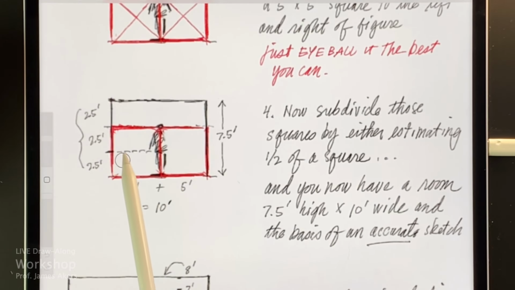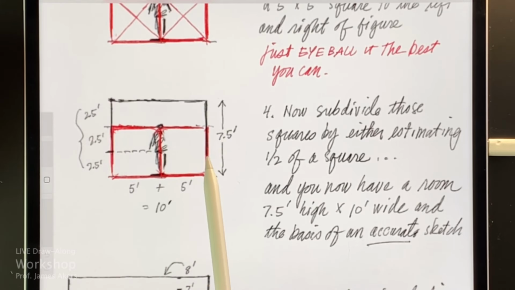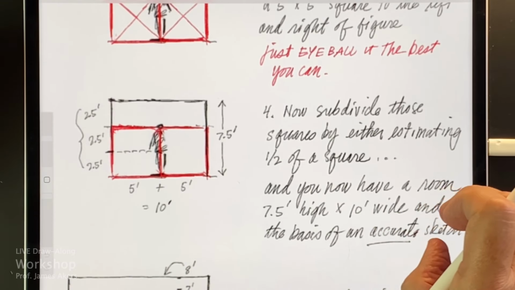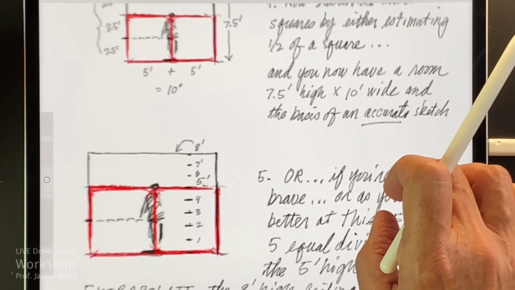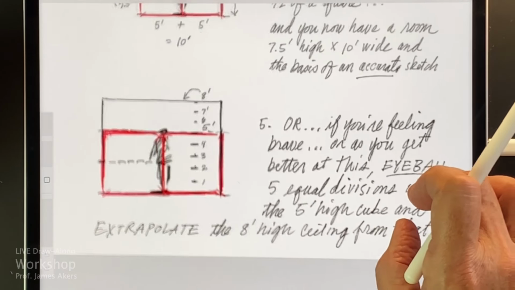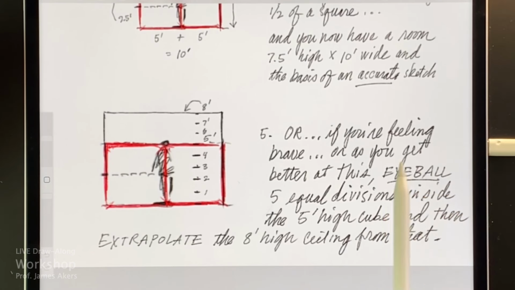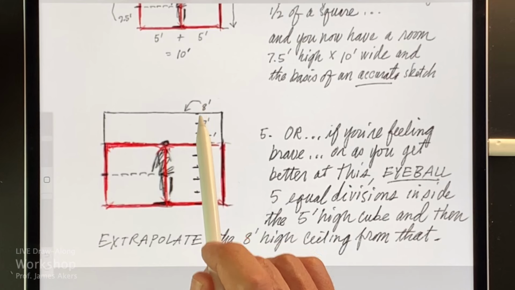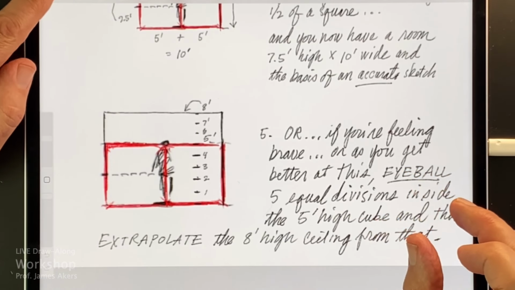So dividing it in half gives you 2.5 feet, and now you have a 7.5 foot tall room. Of course you can add a little bit to that. Or if you're feeling brave, as you get better at this, eyeball 5 equal divisions on the side and then extrapolate up to 8 feet. So that's what that's all about, okay?